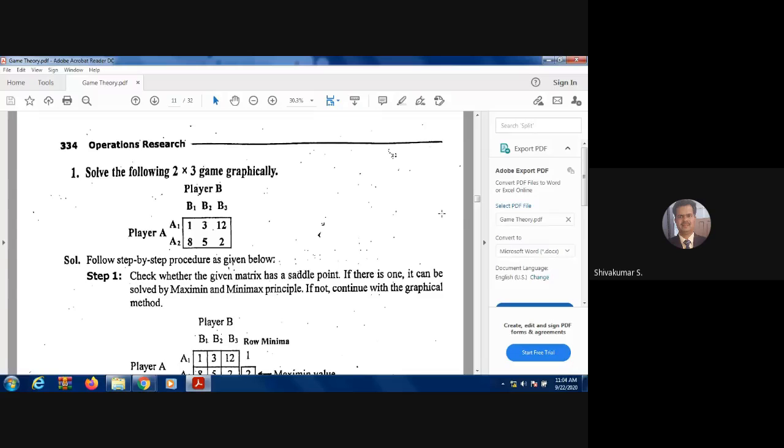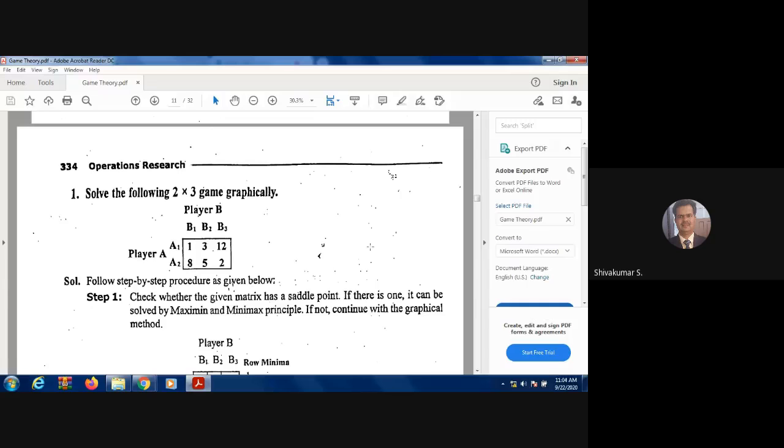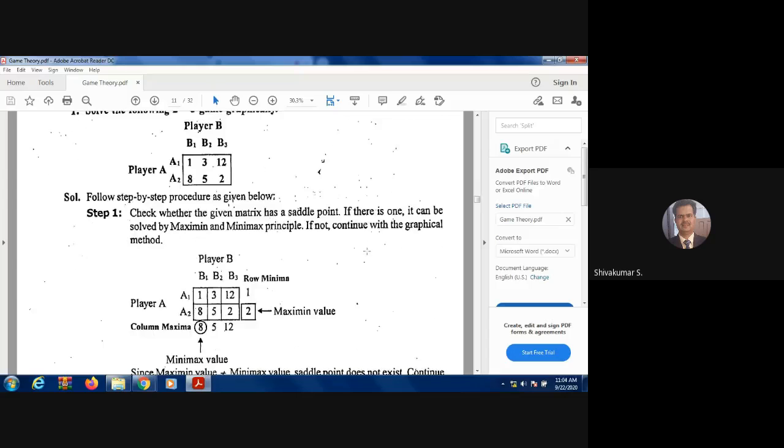Check whether the given matrix has a saddle point. If there is one, it can be solved by the maximin and minimax principle. If not, continue with the graphical method. This is how you find the saddle point. Row minima: first row 1, second row 2. Column maxima: first column 8, second 5, third column 12. The maximum of the row minima is 2, and the minimum of